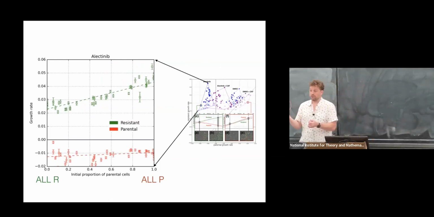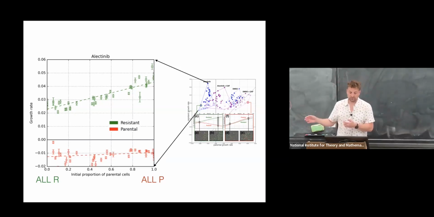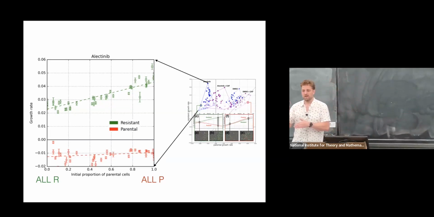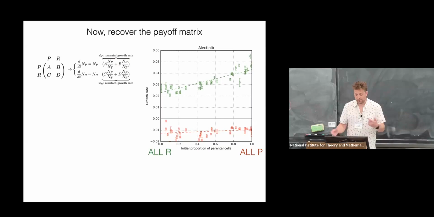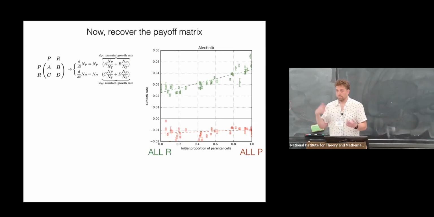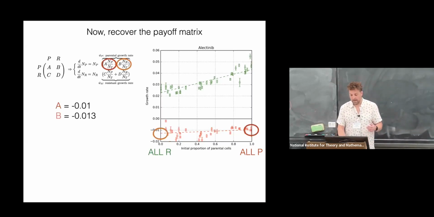And what we're seeing is plots similar to what we saw yesterday, some of these. So this is parental proportion on the x. And what we're seeing is the growth rates of each changing based on the presence, the frequency of the other. And what we see is frequency dependence. And so this is a signal of, in this case, I'd say a conflict or a cooperation, however you like to think of it. But what we also have is the opportunity now to pick those parameters off the plot, because we can look at our intercepts and really pull those parameters.